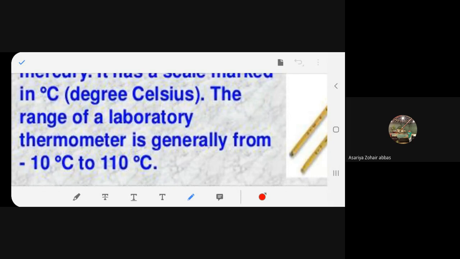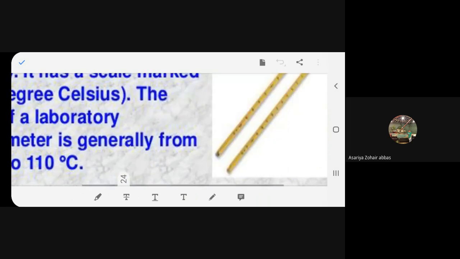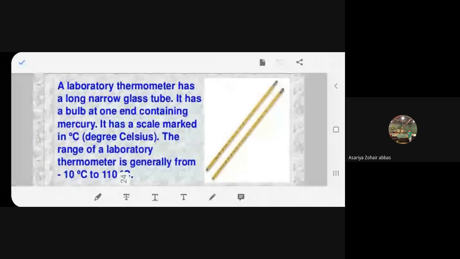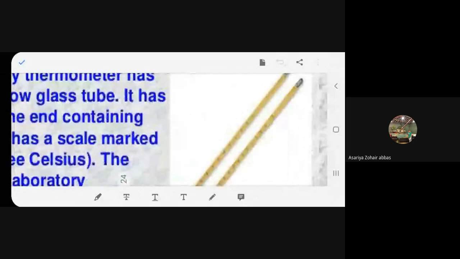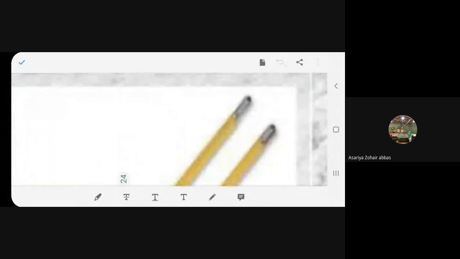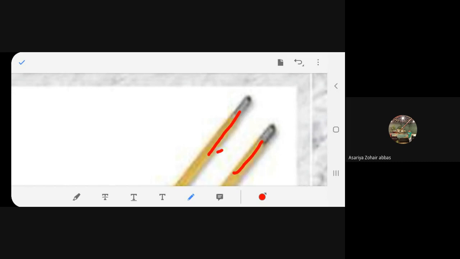Okay, fine. And look at this. This is the range of the thermometer. And there is no kink. What you get in the clinical thermometer, there is no kink in the laboratory thermometer. See, this is how it looks. Can you see this? See, there is no kink. It's straight. The mercury level is straight. Whereas in the clinical thermometer, you can get the kink, isn't it? So there is no kink observed in the laboratory thermometer.